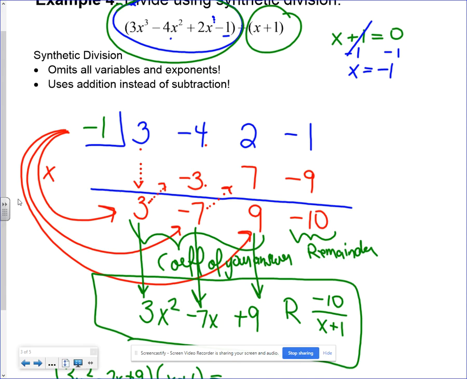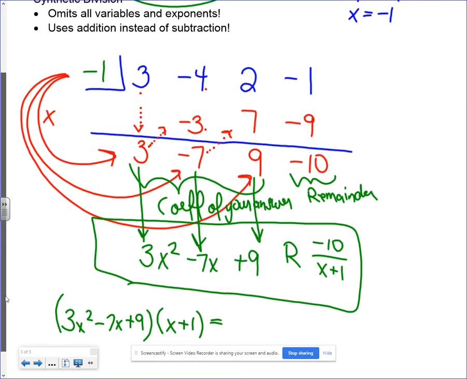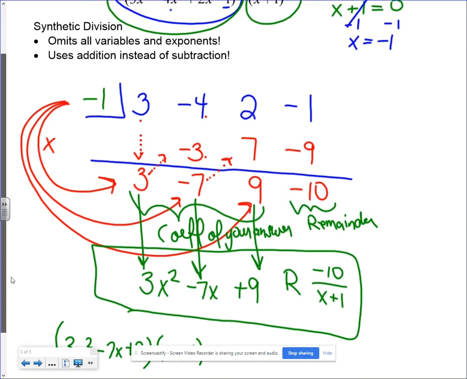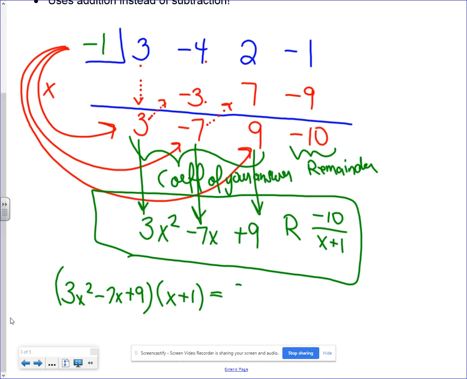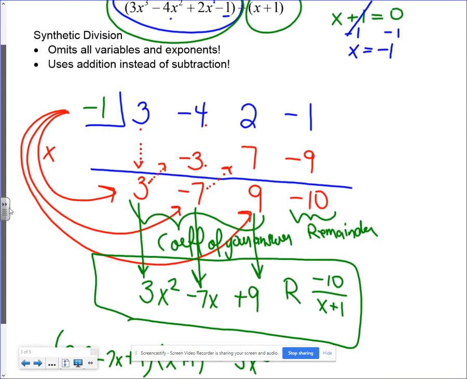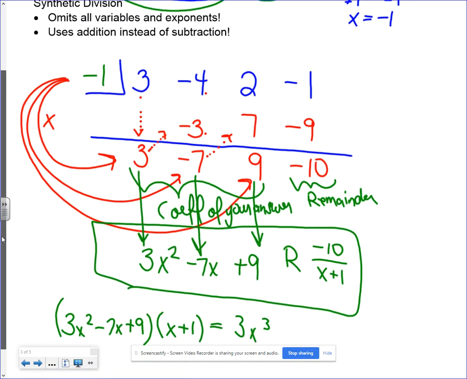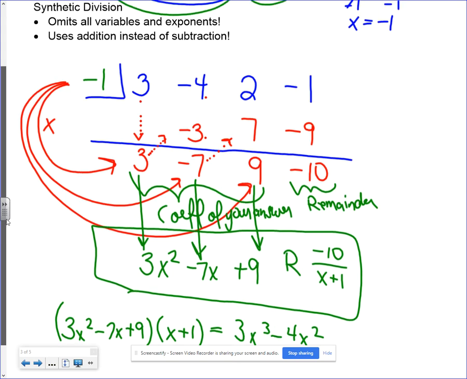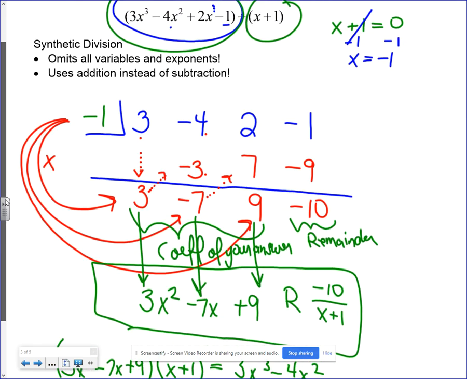And then you add your remainder, and you end up with 9. Okay, so we would end up with 3x cubed minus 4x squared. What was next? Plus 2x